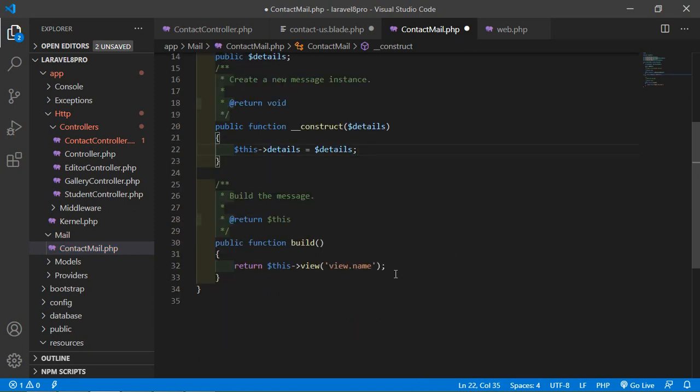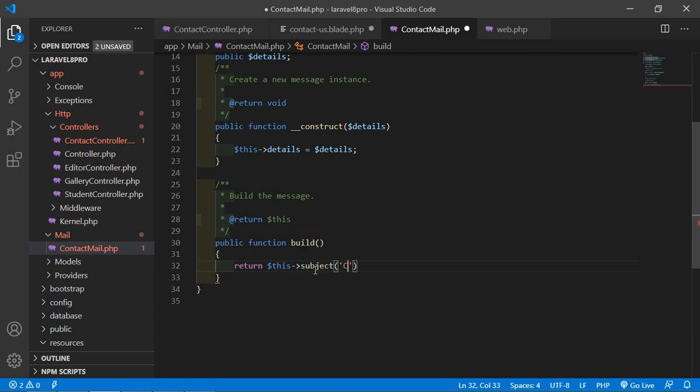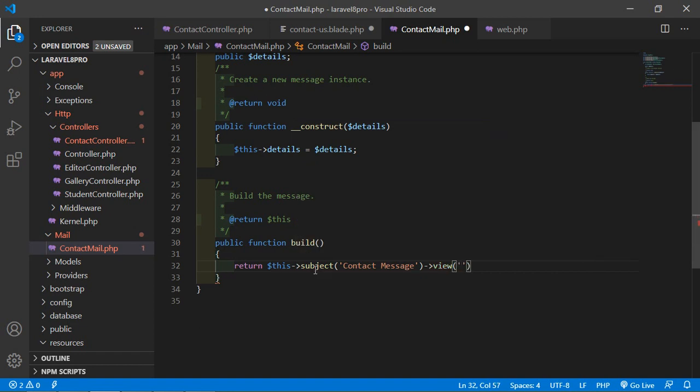And inside the build function, first of all add the subject here. So just write here subject, and let's say subject is Contact Message. And now arrow, just add here the view emails.contact-mail. Now add here the semicolon. Now save this file.